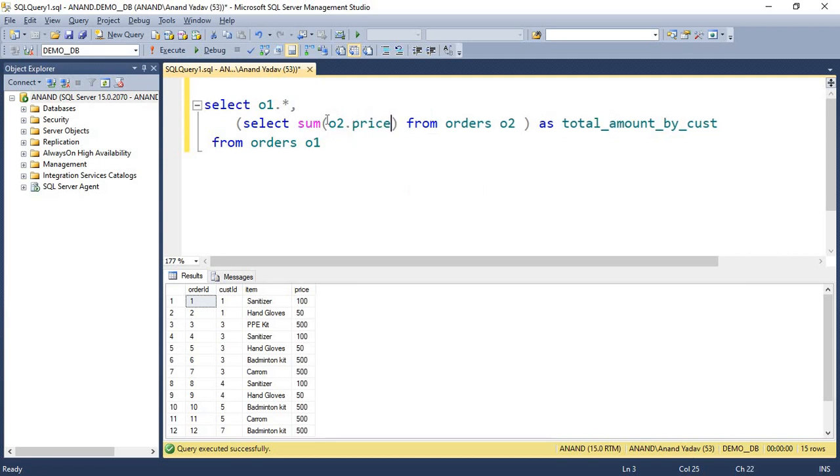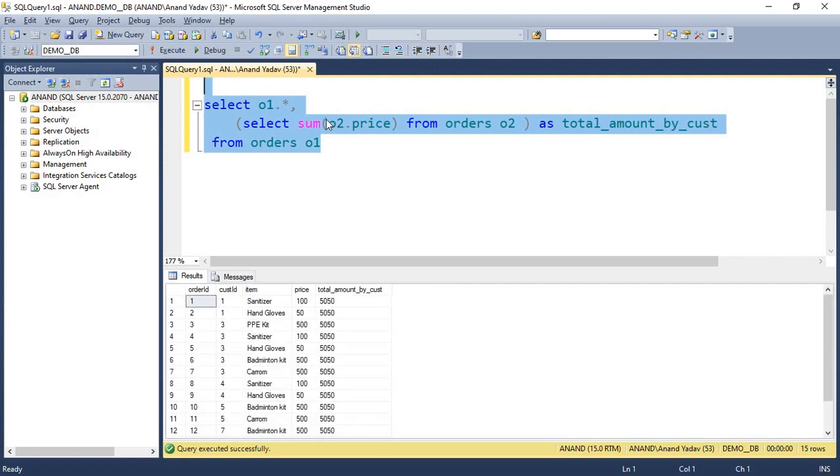But this is not enough. If you fire this query, this is not the output I'm expecting. Here it would give me the sum of all prices.